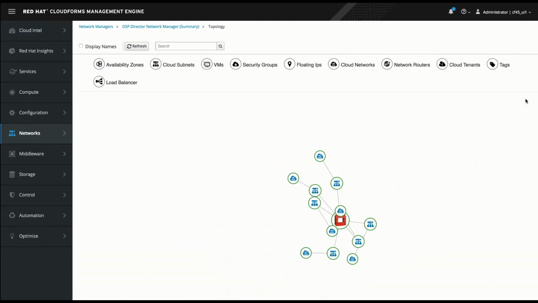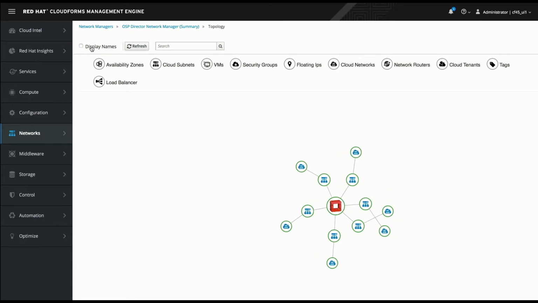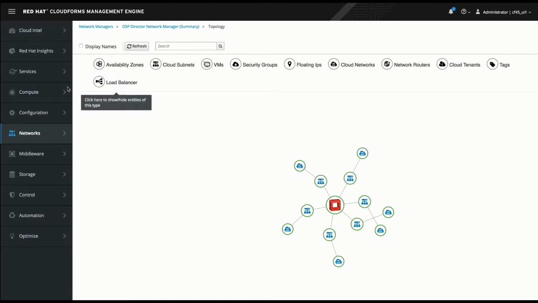This topology is related to the deployment performed through OpenStack Director. We can use this information to perform the